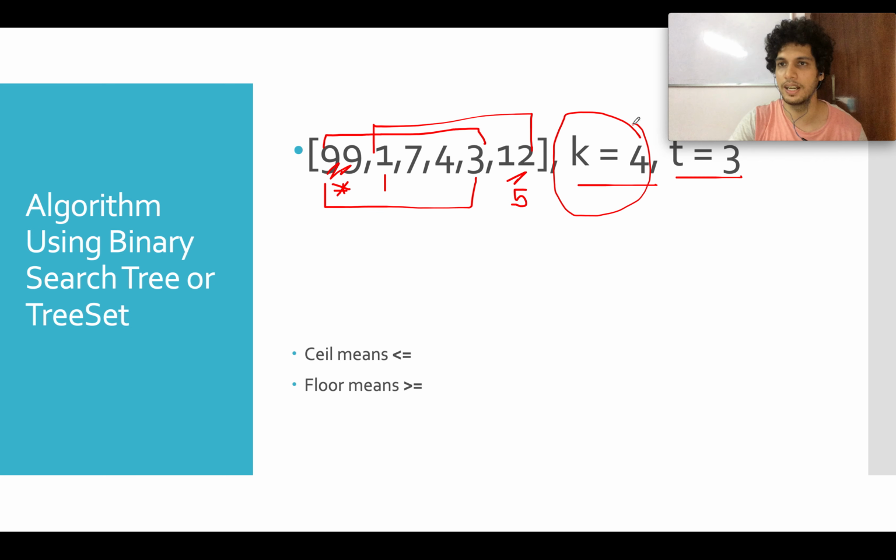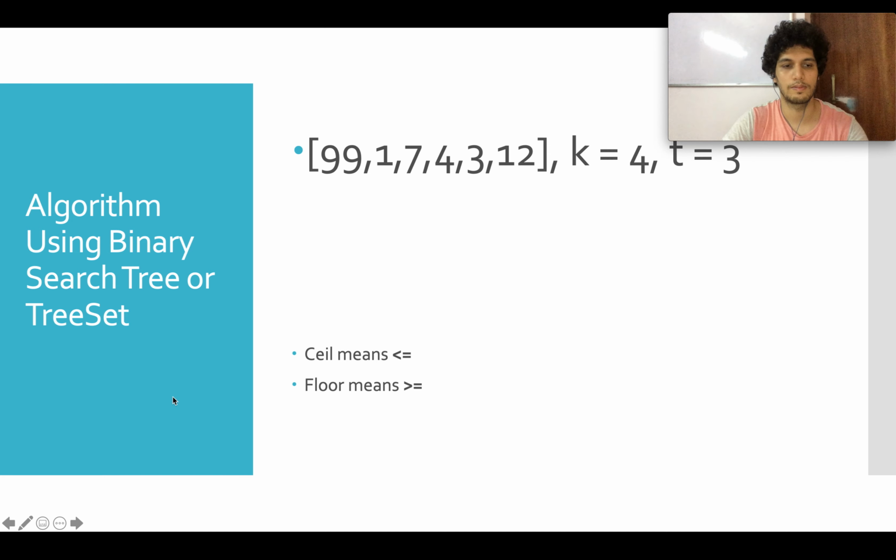I hope I made it clear. So we have reduced the sample space to the size of k.